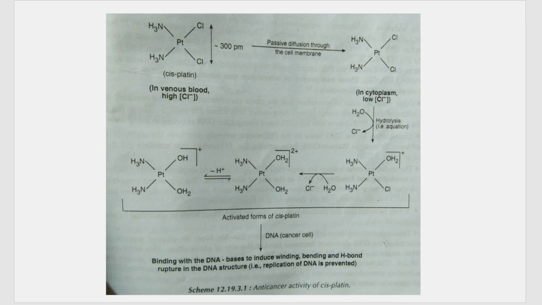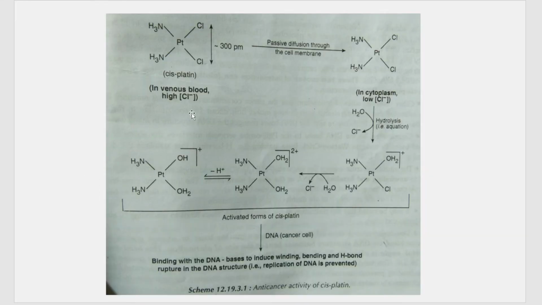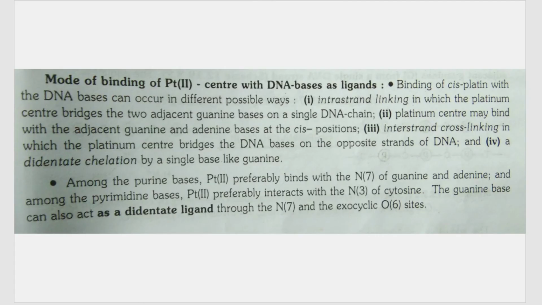Okay. Next is the mode of binding, that is, how does the platinum bind to the DNA. That is, there are different ways in which the platinum can bind to the DNA bases. You know that DNA has purines and pyrimidines, correct? You have studied in your bio classes that purines are adenine, guanine, etc., and pyrimidines are like cytosine, etc. Okay, so the binding of this activated form of cisplatin to the DNA strand can occur in different ways, that is